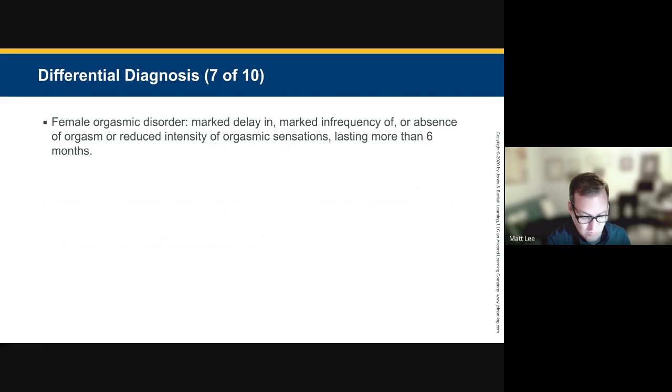Female orgasmic disorder. Now, this is a delay, an infrequency of, or absence of orgasm or reduced intensity that lasts for 6 or more months. So part of it is the questioning about which one of those it is, right? Is it absence of, never have had an orgasm, they're less infrequent, or there's a delay? Back to the stimulation. Is there correct stimulation? Do women understand the anatomy, where the clitoris is? And not just does she understand it, does her partner understand it?